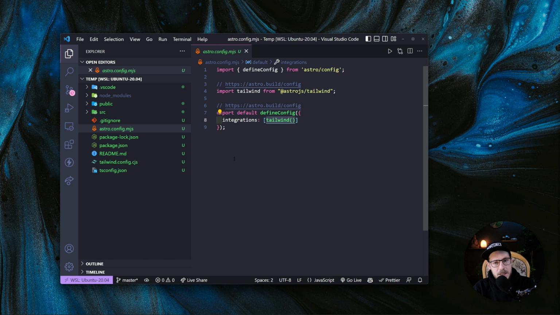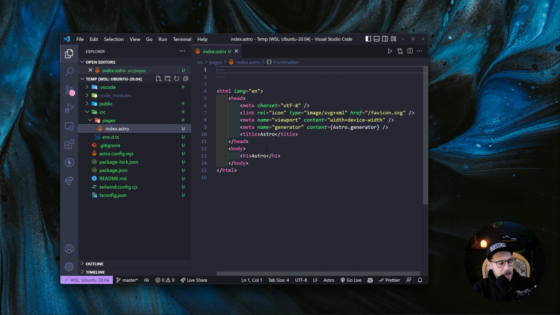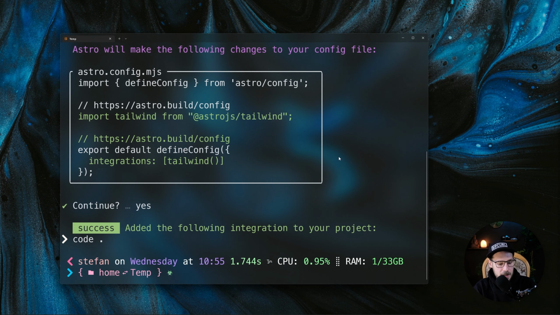Now this is basically all we need to do to use Tailwind. If we go ahead and just open up any kind of page, the index.astro page, and let's quickly pull that up so you can see it. We do npm